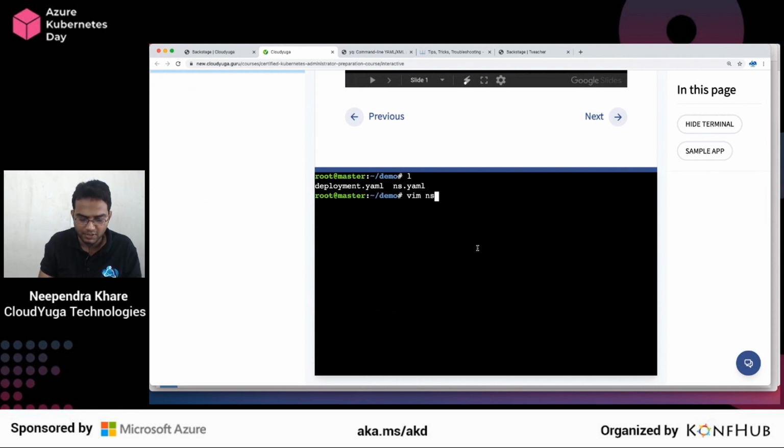So here we have this file called ns.yaml. As you can see here, it's just a typical YAML file in which we create a namespace. So here we have two spaces, correct? So one space and two space. I can't use tabs. Tabs are not allowed. So use two spaces. That's one approach. And if I go and apply it, you will see that this is going to work.